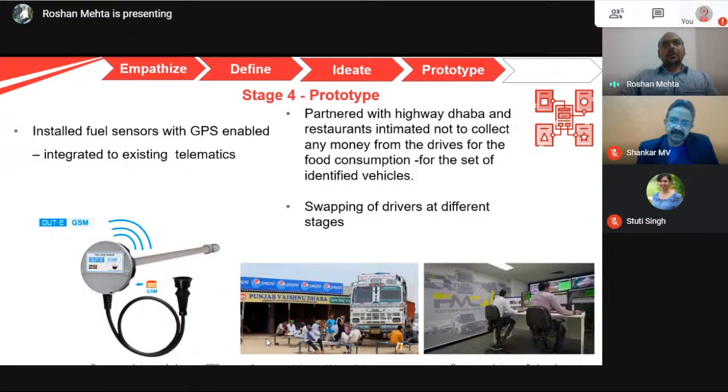So prototyping here is about taking one aspect of the entire big solution. The consultants took these major aspects of the big solution and tried to build upon them by installing the fuel sensors, partnering with the highway dhabas and restaurants, and swapping the drivers using GPS locations. If you remember, swapping drivers happens very well in Indian Railways, so the consultants thought, can we borrow this idea from Indian Railways and put it on the highways, where the lorry moves from point A to point B, but the driver keeps rotating in different stages,